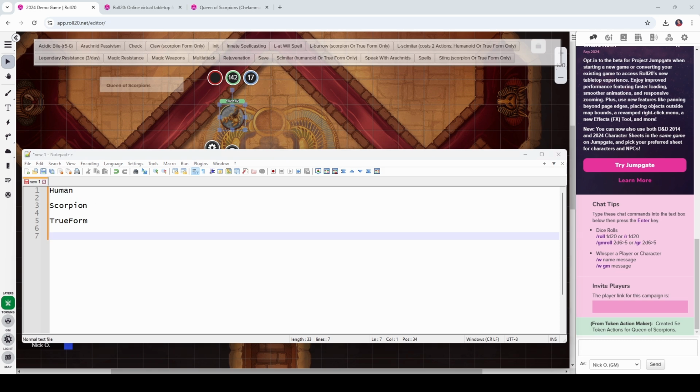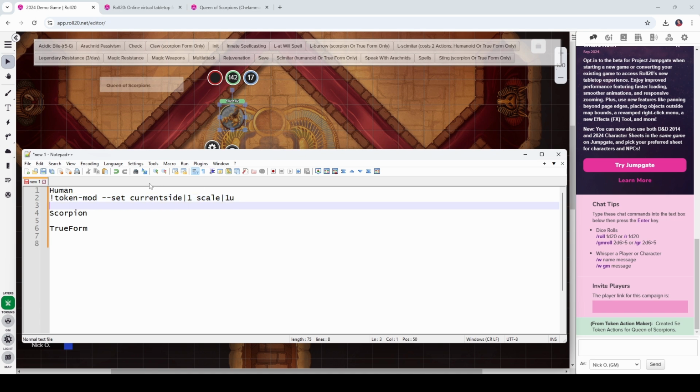First thing we're going to do is put in a call to token mod. And the call to token mod is going to look like this, where we say !token-mod, set currentside 1, scale 1 unit. What that means is we're going to set the current side of the multi-sided token to image number 1, which is the human form. And then the scale 1 unit means that the token will be sized so that it is 1 square big, which seems kind of obvious, but because the scorpion form really should be a giant scorpion, we're going to want